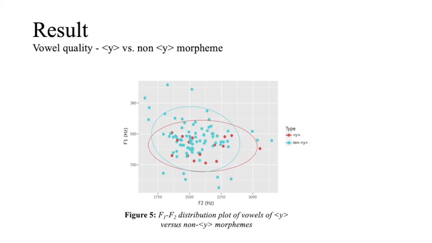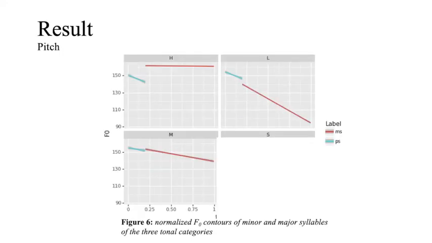And so this begs the question of whether the open mid-central vowel of the minor syllable should be treated as a phonological vowel. And if that's the case, why are the values of the Y morpheme versus the non-Y morphemes not distinctive enough, and should they be treated as separate vowel categories? The next experiment investigates the minor syllable pitch. Results show that in category M and category L, where the minor syllable carries a mid-glottalized tone or a low falling breathy tone,